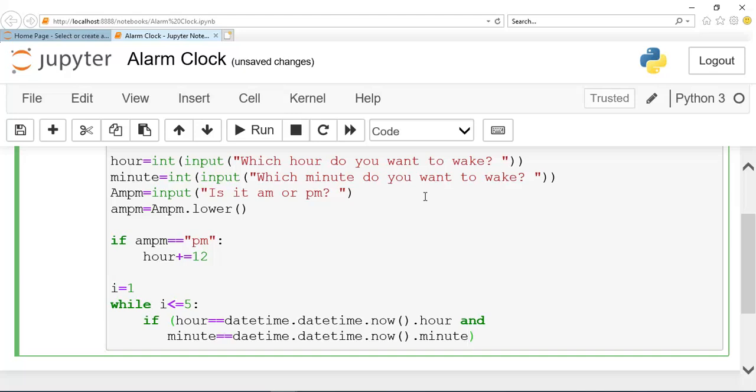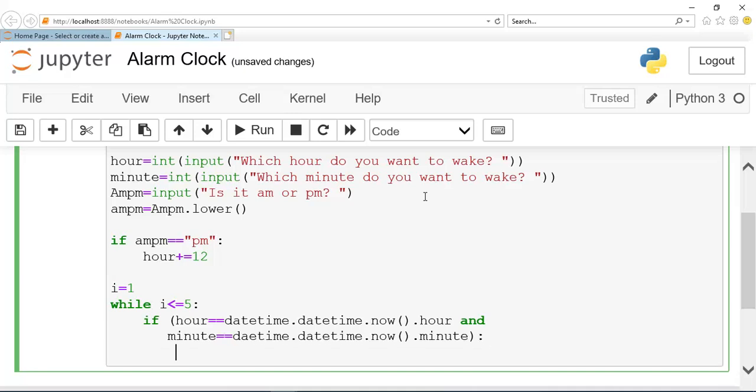Okay guys, and after that using colon we will give statements. If the if statement is true, then what should the program do? So guys, first I am going to print a statement. Here I will write, guys, wake up, and I will write the time also.